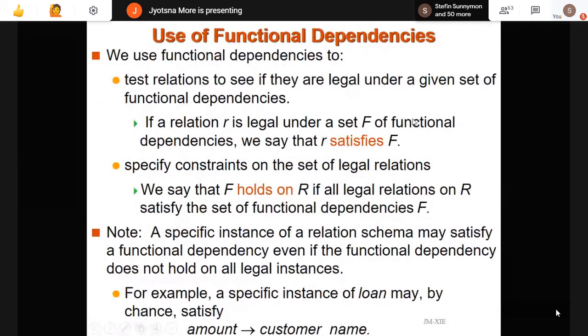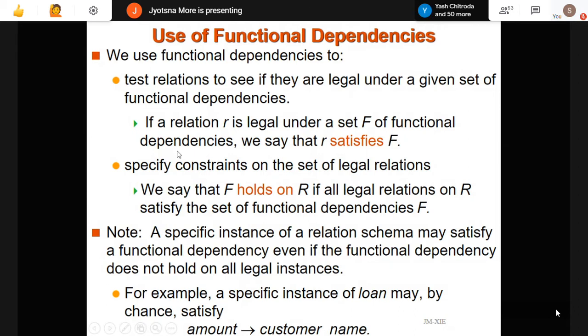What is the use of functional dependency? In exams till now, whatever I am covering about the use of functional dependency, they have not asked in detail, but I am covering it for you so that you will come to know what functional dependency is. They have asked only one question, define functional dependency, and one sum till now. So you can add this use of functional dependency part to the definition of functional dependency. Continue your answer with this.